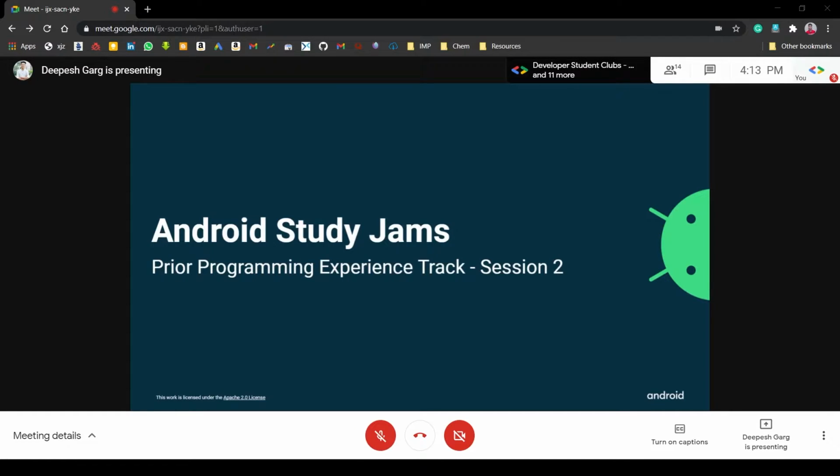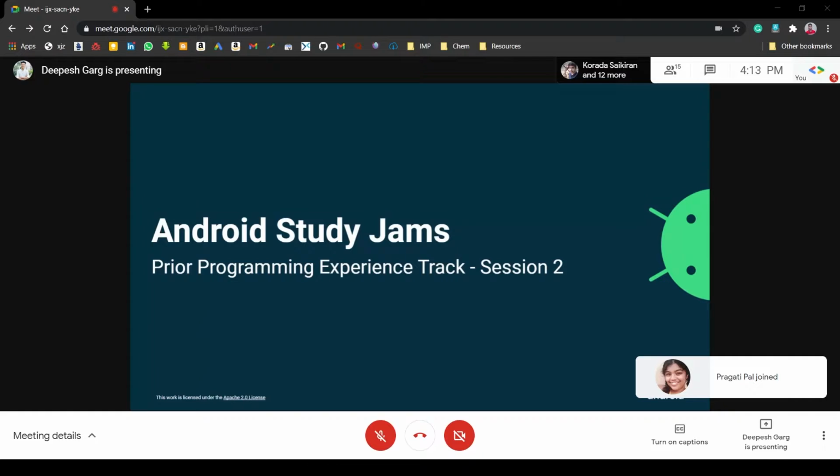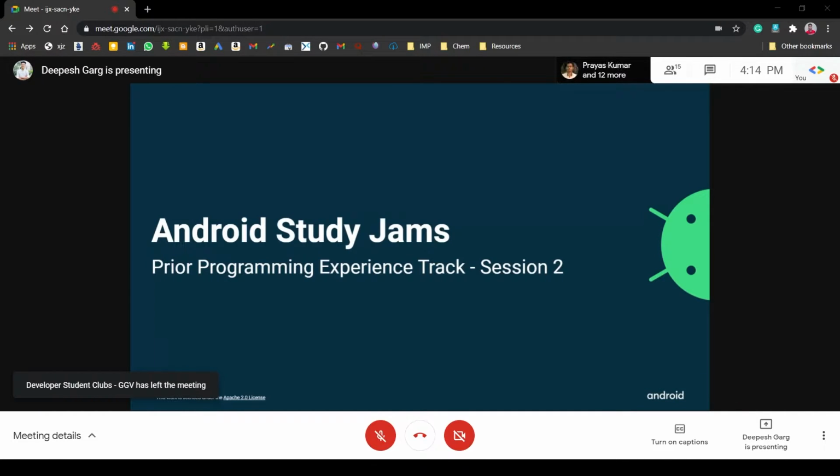We were designing the UI of the app, but due to lack of time, we were unable to finish it yesterday. The backend part was remaining, because we designed some of the UI, and some UI was also left. So today we will cover all of that, and we will also work on the backend part of the app. We'll work on the MainActivity.kt file. Yesterday we worked on the activity_main.xml file, that is the layout file of the app. So let us start now.